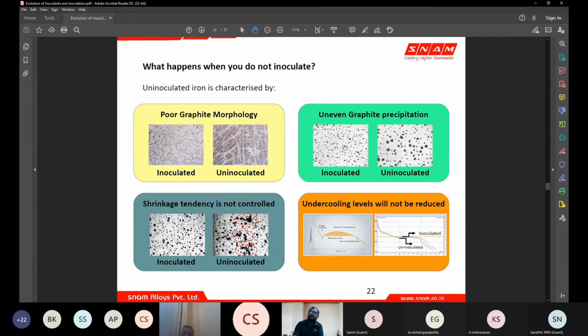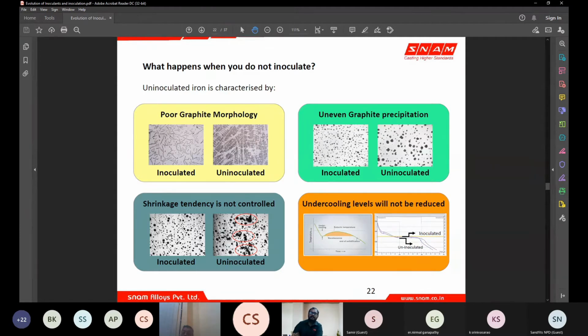So the same thing with ductile iron also. When you have inoculated your metal to the requirement level, you will see uniform size of nodules and well distributed nodules. When you have less inoculated or uninoculated metal, you will still get carbon, you will still get graphite, but in a different orientation, like bits and pieces of smaller, bigger nodules coming up into picture. So when you have difference in the nodule size, nodule distribution and nodule density, non-uniformity comes into picture, and you will not get uniform properties. And shrinkage tendency is not controlled.